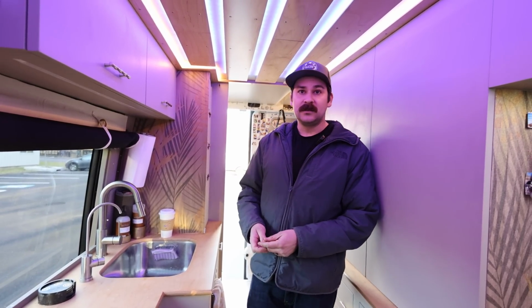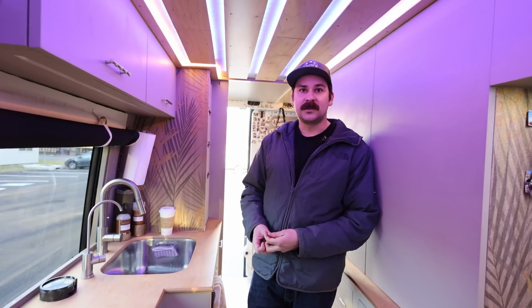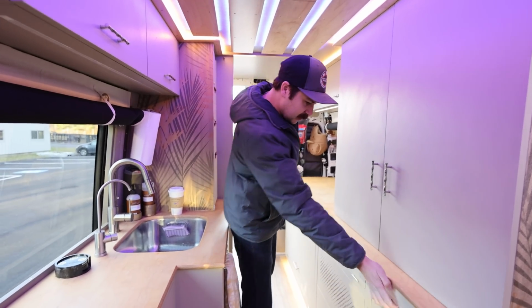Really? Which is, do you know? It's like 8,700 pounds. Wow. We go on CAT scales. We're tracking our weight. The one thing that we'll see is we did a lot to the suspension, the brakes, and just the weight distribution. Like if you could see here,